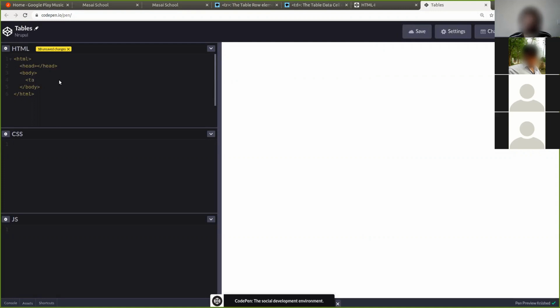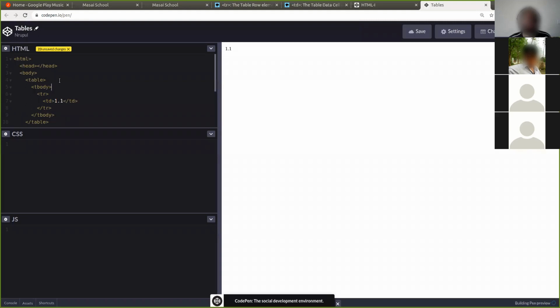I'm going to create a table for that. Now let me create a 5x5 table. I will start with tbody. I don't want any head. I'll just create a simple table. I need 5 rows and 5 columns. I'm going to name the cells in a certain fashion, so I call this 1.1, so that you can have a sense.